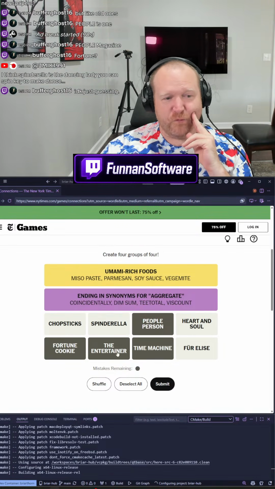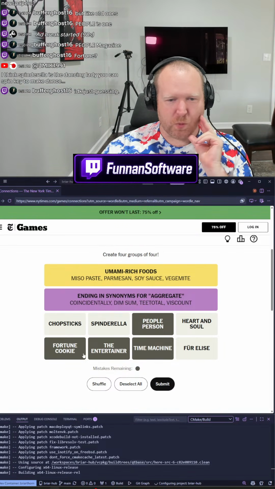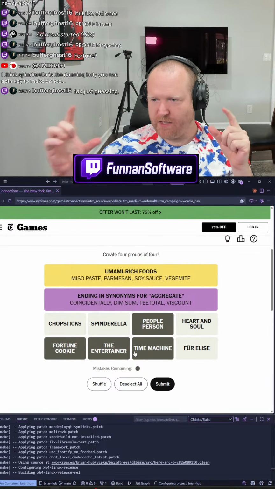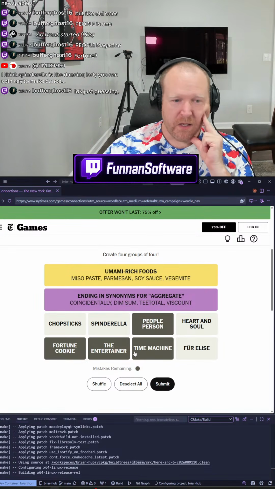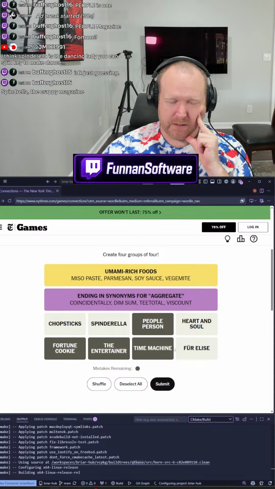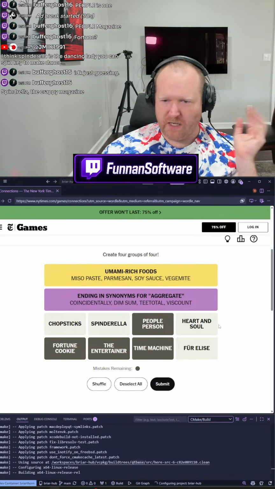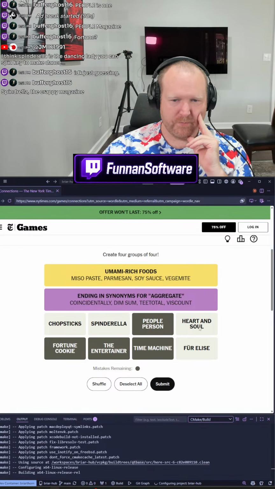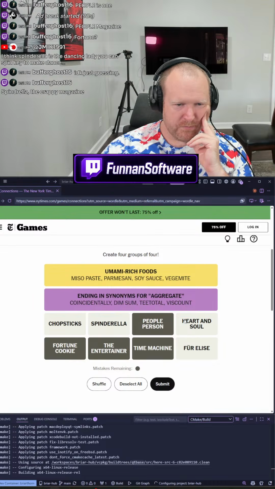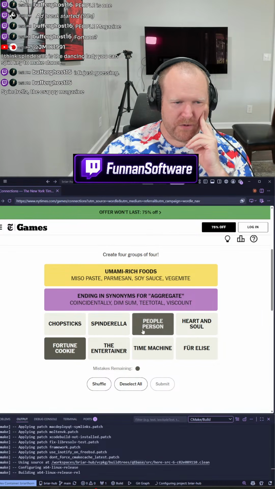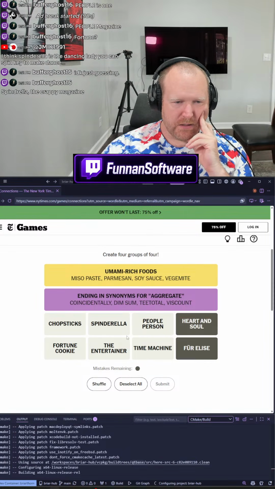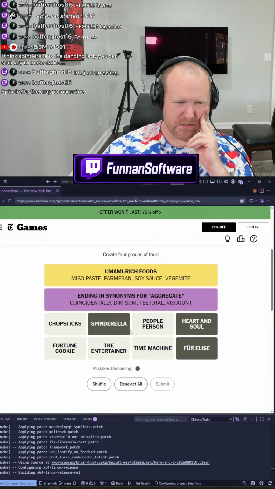Okay, if we think magazine is one of the options here for the four, then what else is missing that they would become their own category? I could almost see this being music, except Heart and Soul almost sounds like a band.